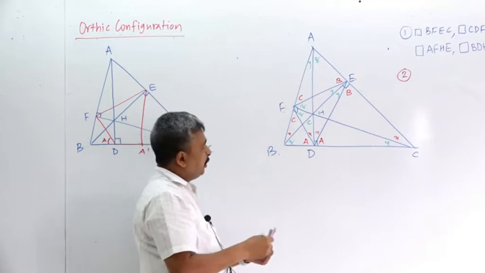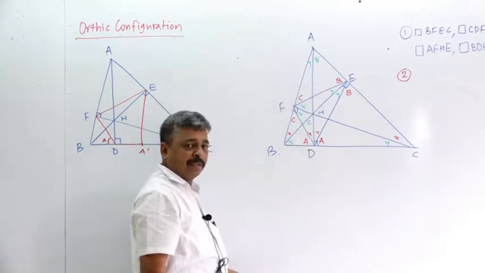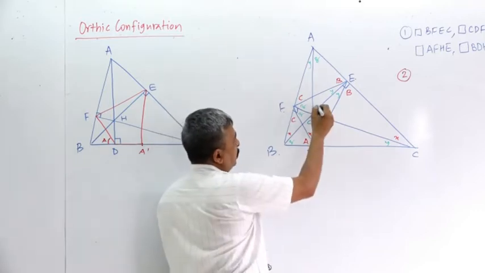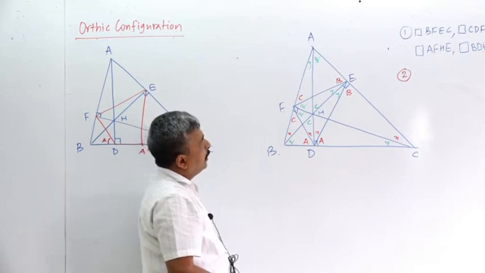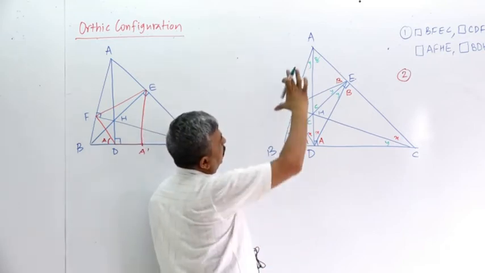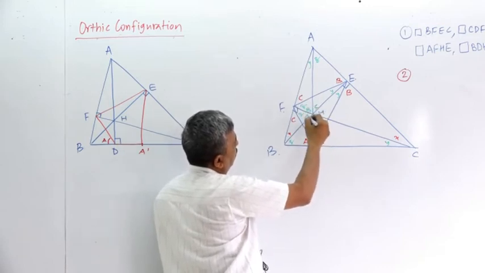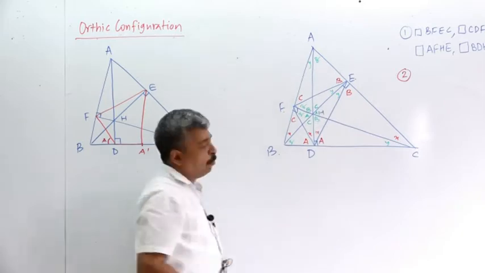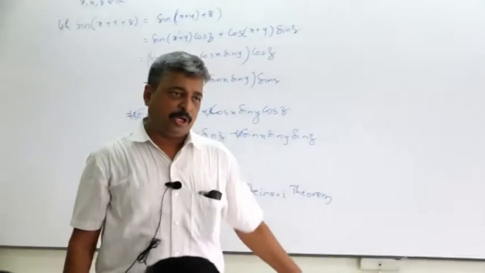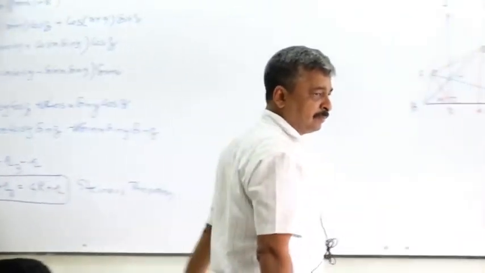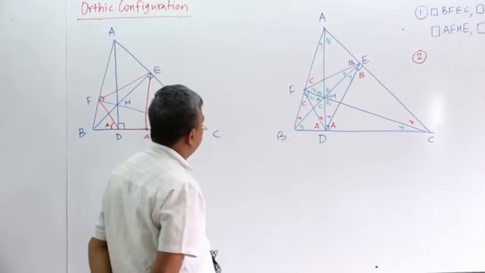And anyway, it was C because BD subtends C angle at F, so BD should subtend C angle at H. And this angle is vertically opposite, therefore this is C. Is that right? Similarly, this is B, this is B, this is A, this is A. So almost every angle we have with us now. The moment you draw triangle ABC, whatever angles are fixed, they are there. Right? Do you understand? Okay.